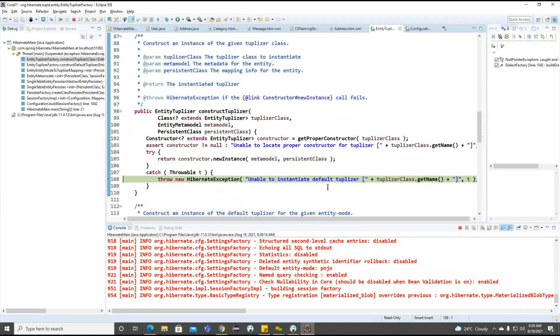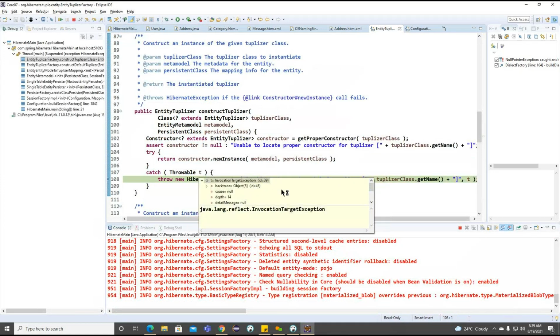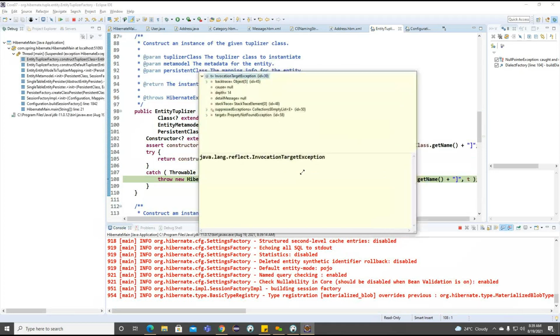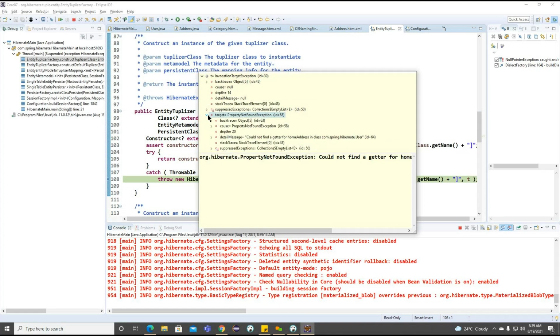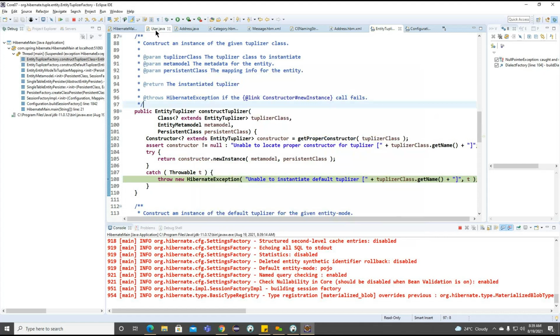we'll try to run one more time. Again, we are getting an exception. So we need to find out at this time maybe what happened. We define here home address, getter method home address.